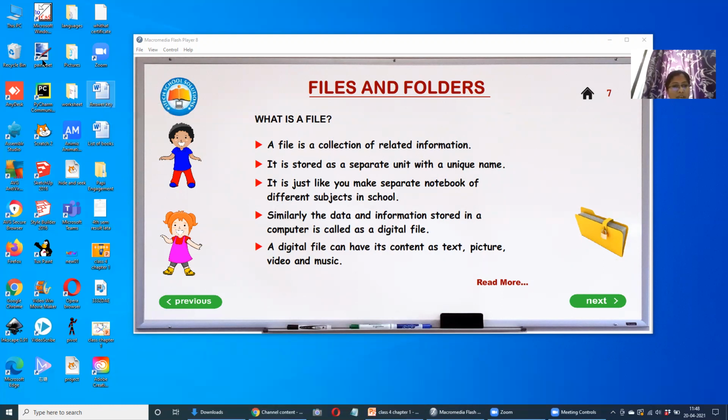A digital file can be anything. It can be a written matter. It can be a music file. It can be an audio video file. Yes, it can be a presentation file. It can have pictures on it. Anything can be present in a file.